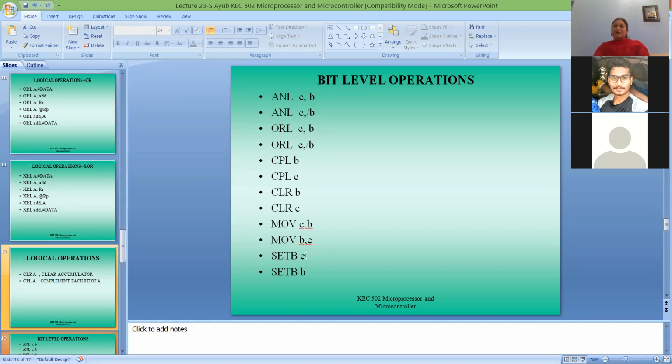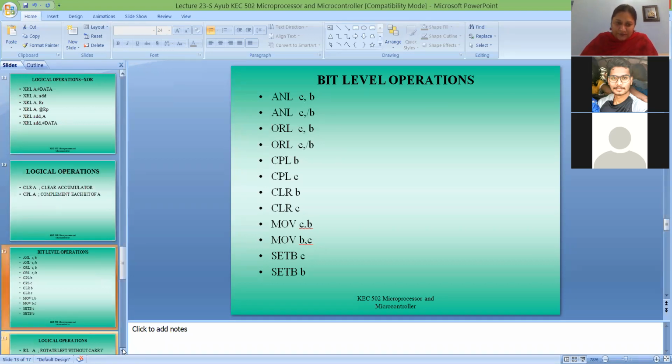So whatever your previous carry status was, whether 0 or 1, if you use the SETB instruction, it will become 1. And whatever this bit is, if you use the SETB instruction, it will become 1. So now what is this B address, and how can you differentiate this address from your RAM location?